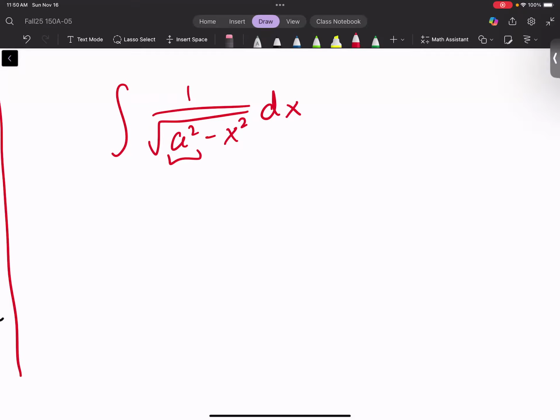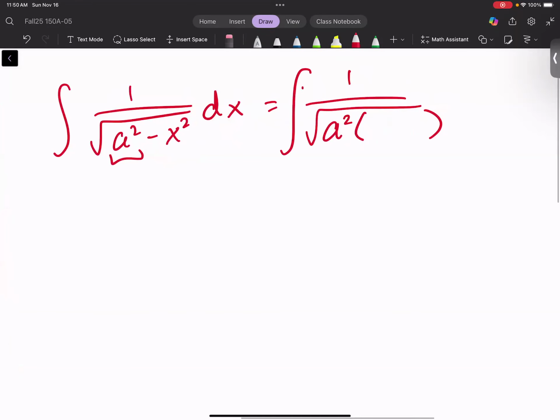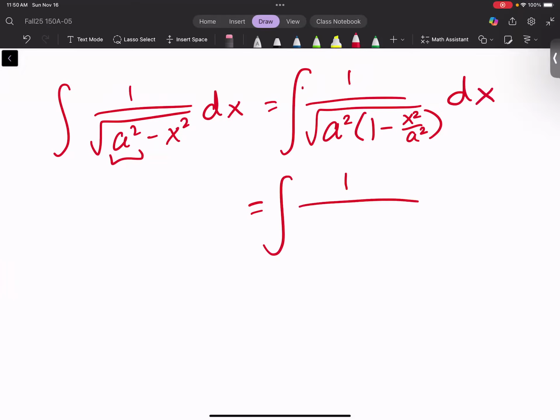Well, I'm going to factor out a squared from both things. Okay. So I have this square root. If I factor out a squared, this is a 1 now. Awesome. And then minus, great. But this is x squared over a squared, right? Because I factored out a squared, but there was no a squared there to factor out. Okay. Now I can separate the square roots. Okay. And then here, 1 minus x squared over a squared, I can write that as x over a squared